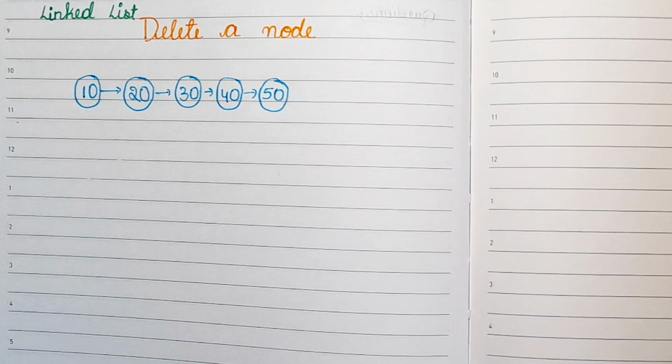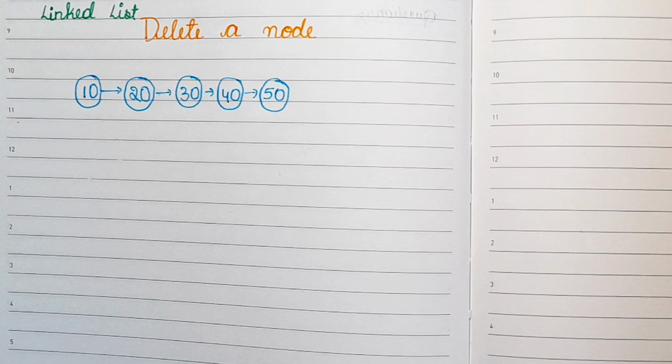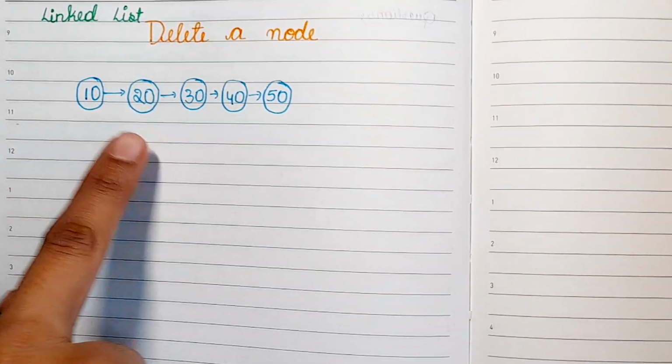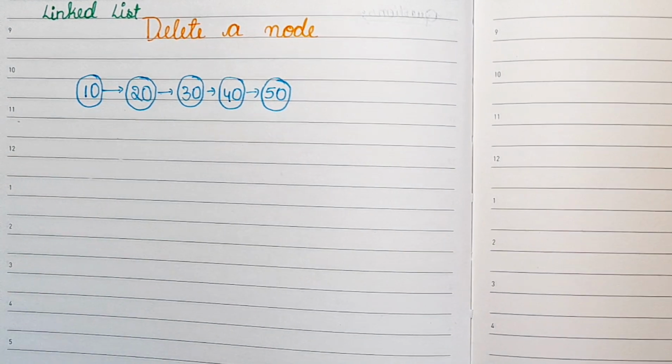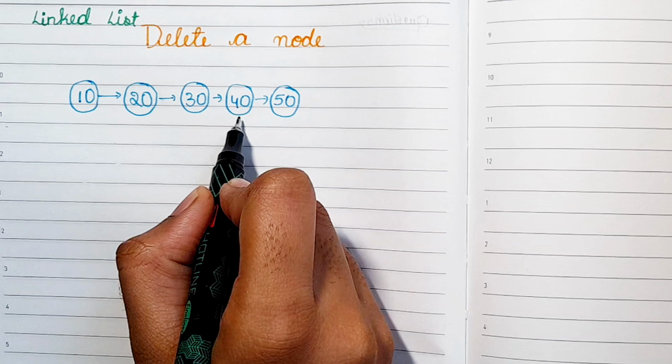So our first question will be delete a node from a linked list. For example, we have taken a linked list which is having the values 10, 20, 30, 40 and 50. So now let's understand how we delete a node and assign its next value to the present value, which means,